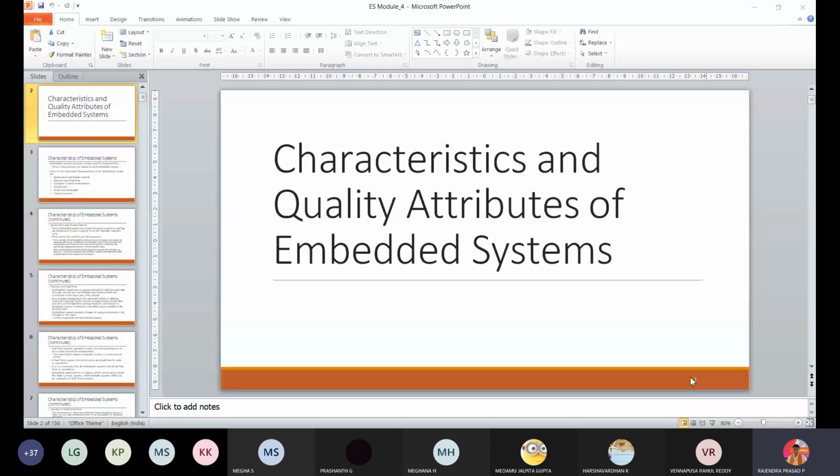So what do you think about this? Confidentiality deals with the protection of data and application from